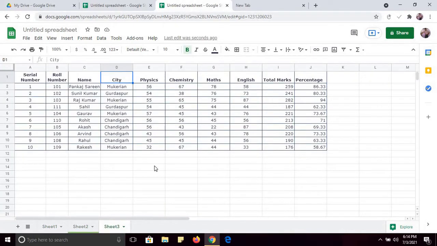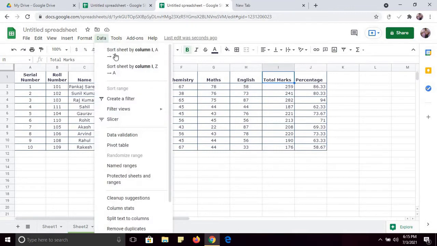Okay, now if you want to sort the students, fine. So what you can do, it's very simple again. You can go to Data and choose Sort sheet.